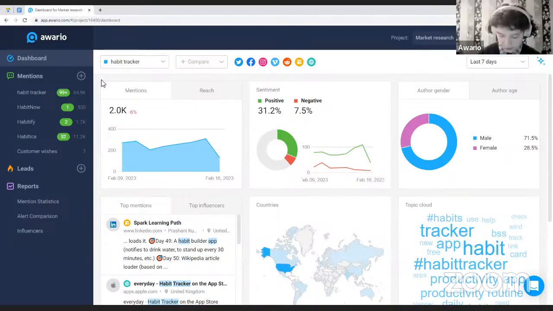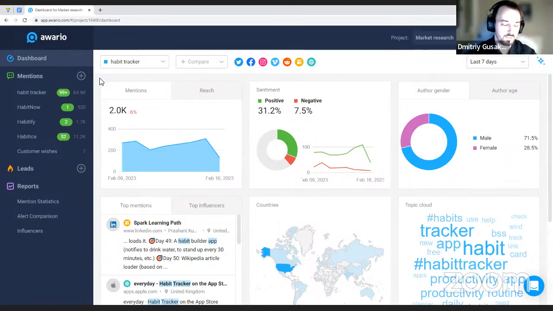Yes, yes. Okay, great. So indeed, as Anna mentioned, the first step would be to create what we would call a product alert. Essentially, an alert where you would track the niche you plan to occupy in a very general, generic sort of way, to just get a feel for what's being said, what the sentiment is, how many people are talking, where they are, what language they use, and so on and so forth. On the screen I'm sharing now, there is just an alert for that called Habit Tracker. You can see it had a while to run, so it has quite a few results.